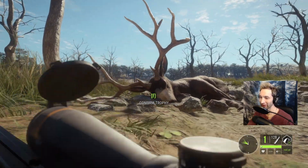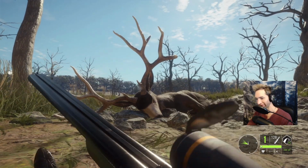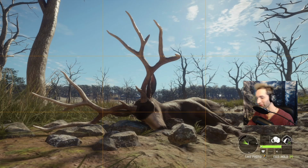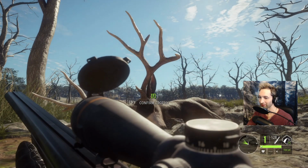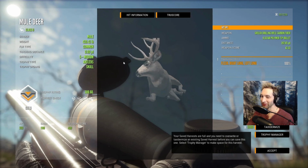Take a look at that symmetrical rack right there. Two awesome stickers. He's super, super wide. We'll definitely take a picture of him. But like I said, I've never seen this rack before, so I don't really know how big it's going to get. That's kind of what I was thinking. That's going to be a giant gold, a